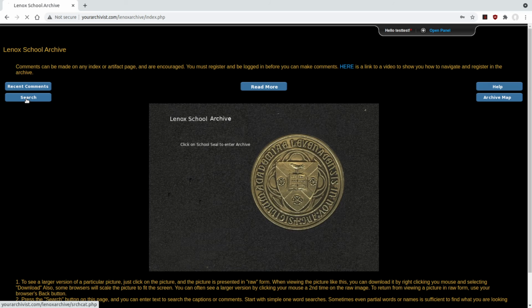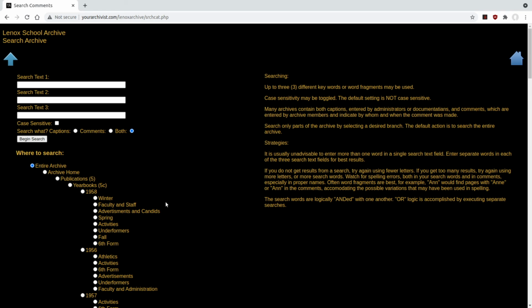We just go to the search page. It's really simple. All you can do is enter your search text here. There are 3 different options, and you can get really granular with this if you want, but I don't think you need to. These all work, but it's not like you're going to use them, unless you enter the word Lennox in here, which even at this point,